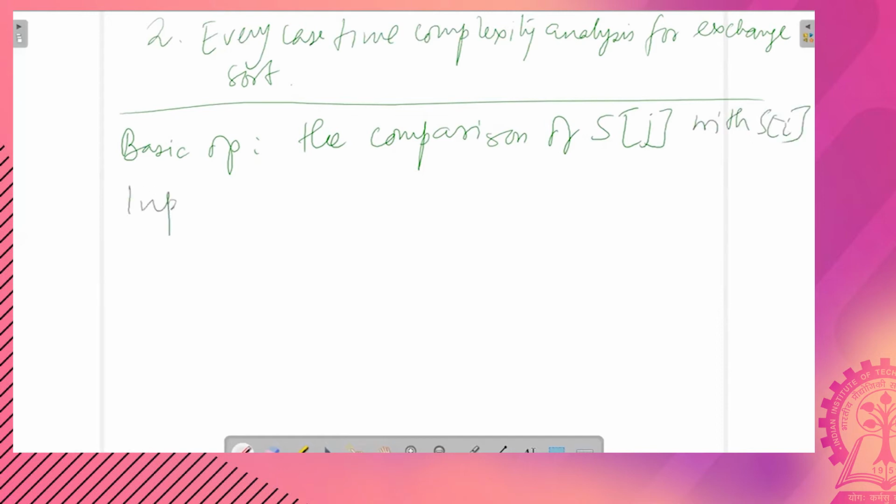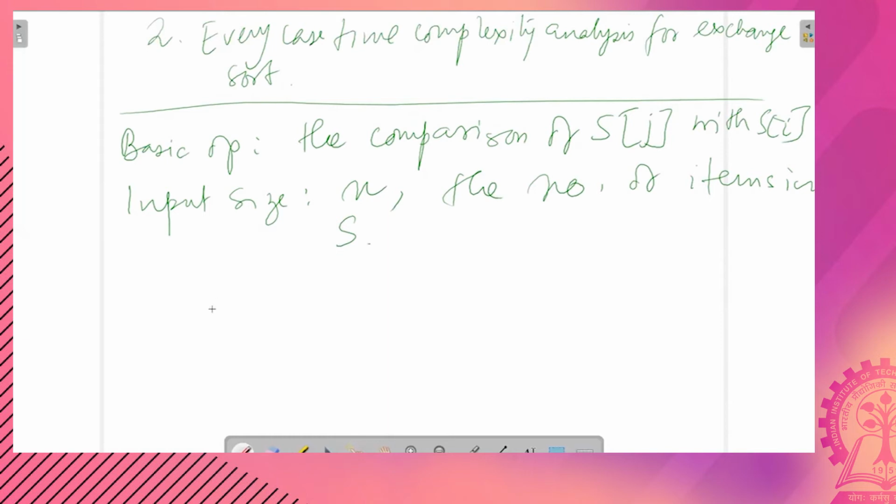Again, input size here is n, that is the number of items in S. Now, how do we determine the running time complexity here?